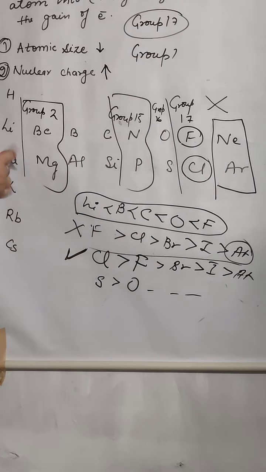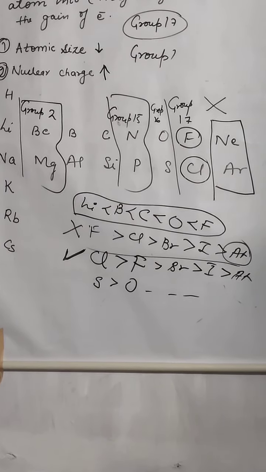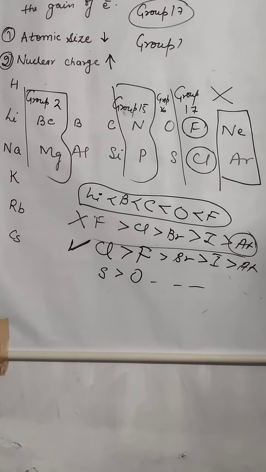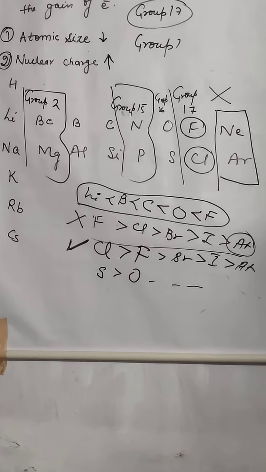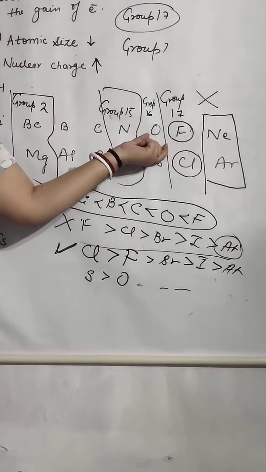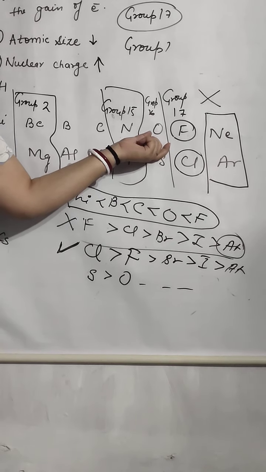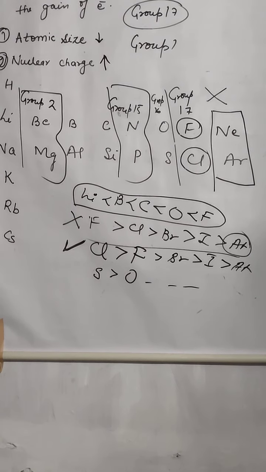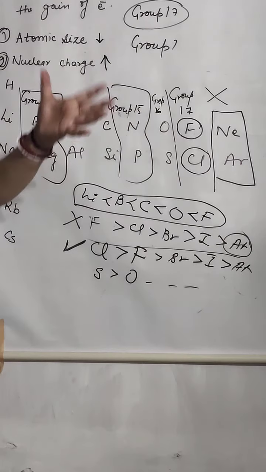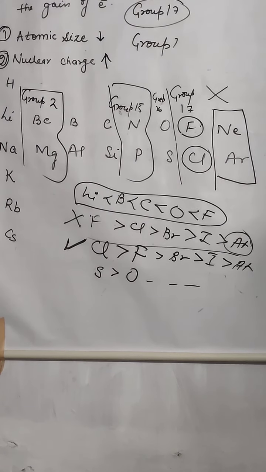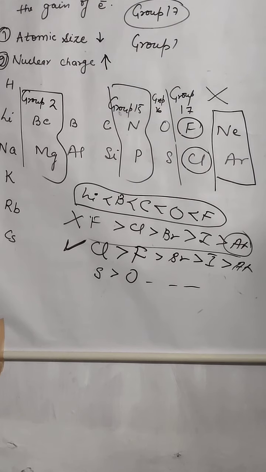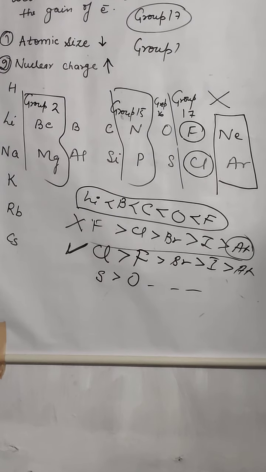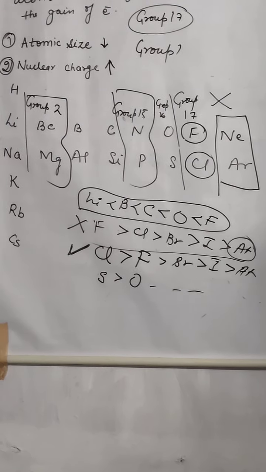Alright. So why is this so? Why is fluorine showing lower electron affinity than chlorine, and oxygen showing lower electron affinity than sulfur? Because the size of fluorine and oxygen is very small, due to increase in nuclear charge. So when the incoming electron comes, it will not feel very comfortable, because the size is already very compact. Electrons come near to each other, so they start repelling each other. So the incoming electron will not be able to go inside very easily.